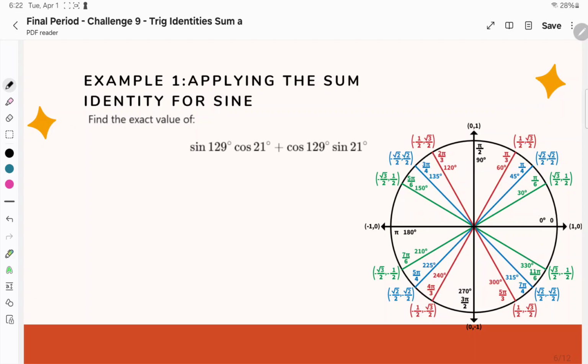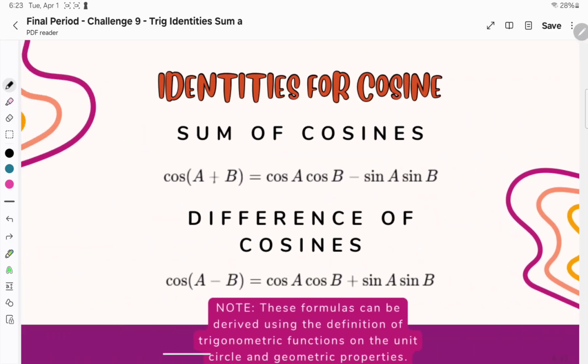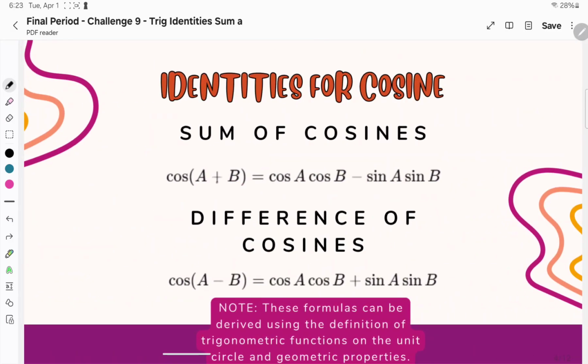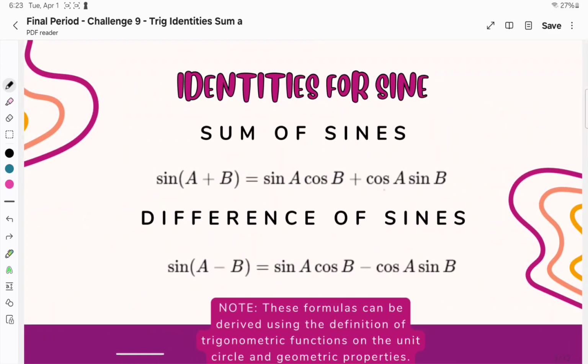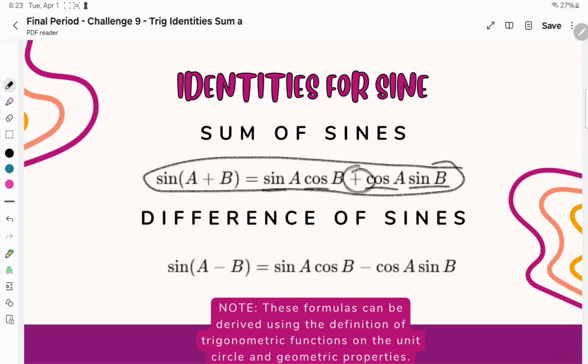How? All right, so we have a sum, okay? And we have sine, cosine, cosine, sine, right? So let's go back to our formulas and see, where do I have sine, cosine, cosine, sine, and a sum. So this is the formula that I'm going to use. So that means that my formula can be